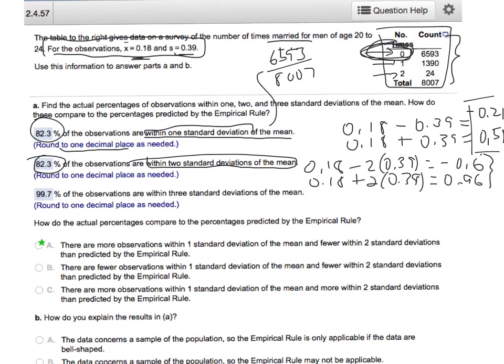However, within 3 standard deviations of the mean, I'll just write down the answer, I'm running out of space here, but within 3 standard deviations of the mean means between negative 0.99, that's 3 standard deviations below the mean, and 3 standard deviations above the mean is 1.35. So the observations that are between negative 0.99,